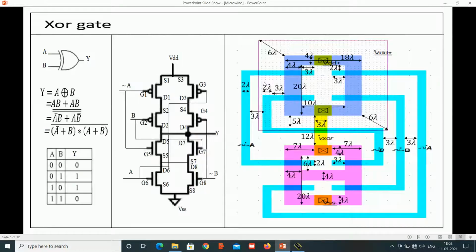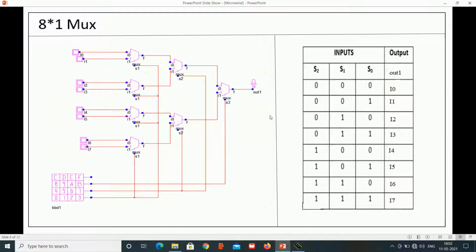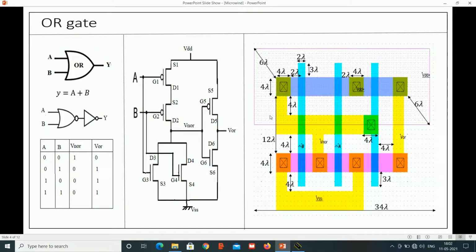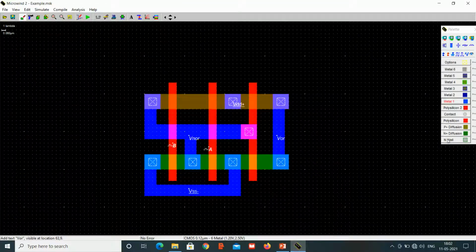N well should be drawn with a distance of 6 lambda from this corner. So for that, select an N well.